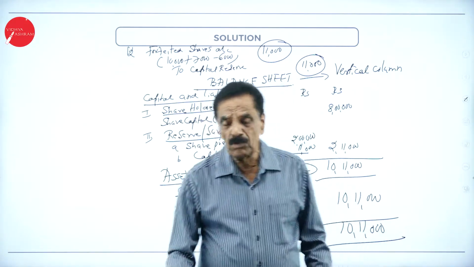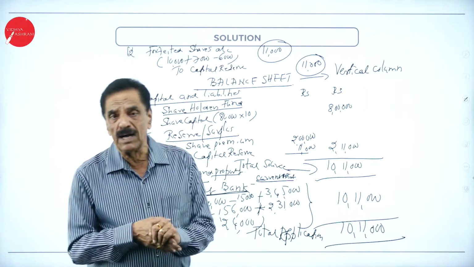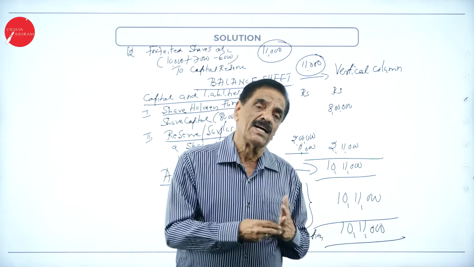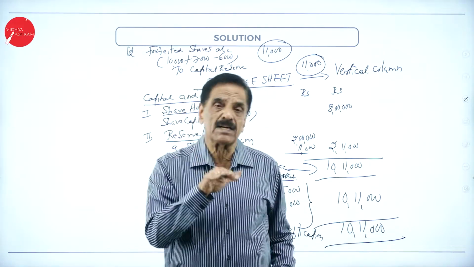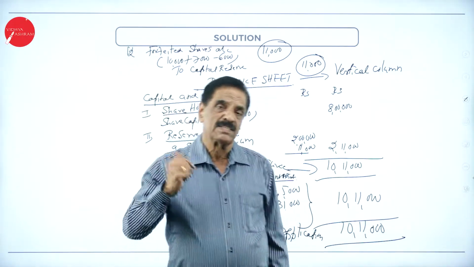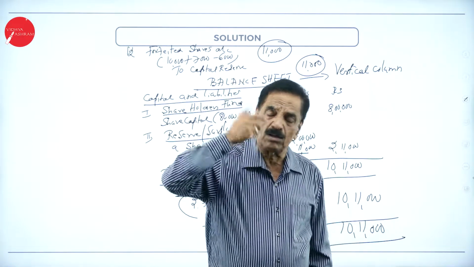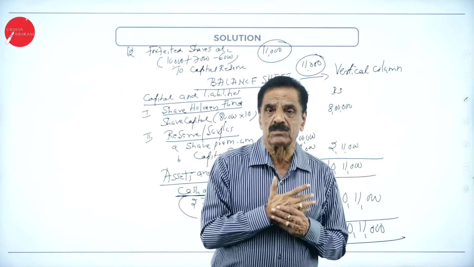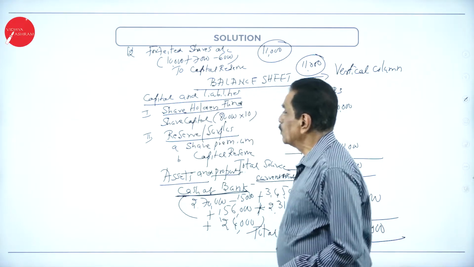So in the exam, the same type of question will be asked. Very, very carefully you have to do it because of rejection and payback. How will it pay back? Common entry: bank account debit to share application, then share application account debit to share capital, to bank account, to share allotment account. Hope you have followed. We'll move on to the next.